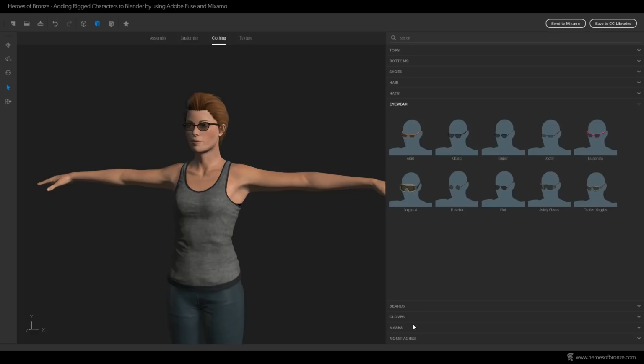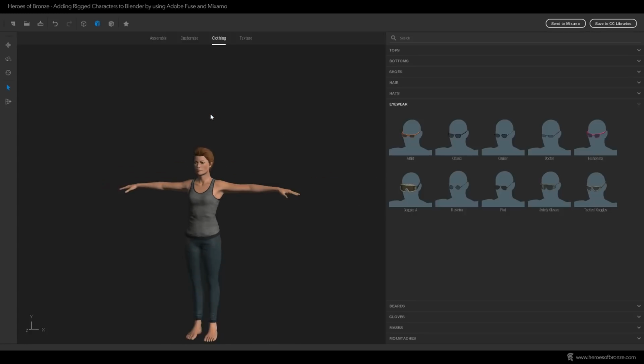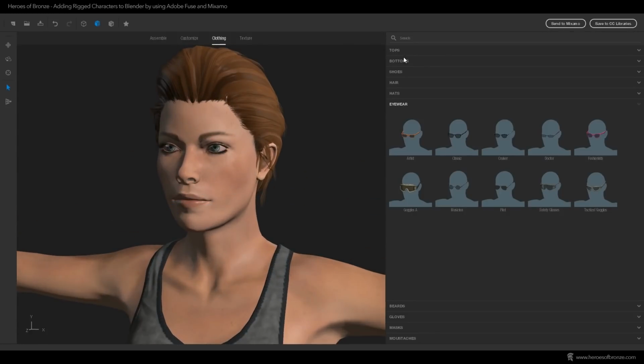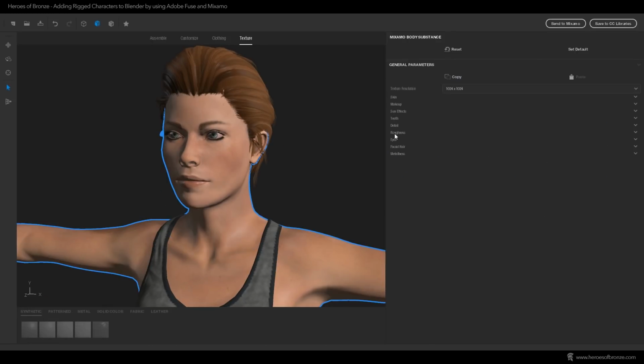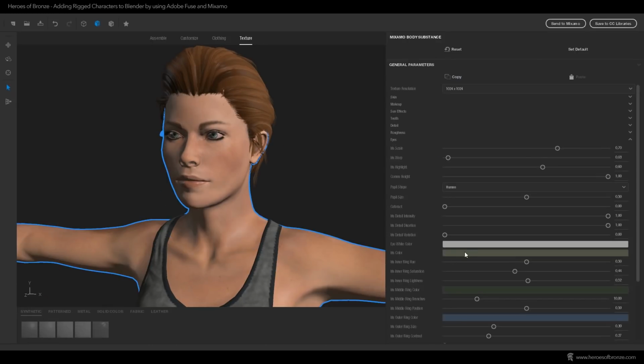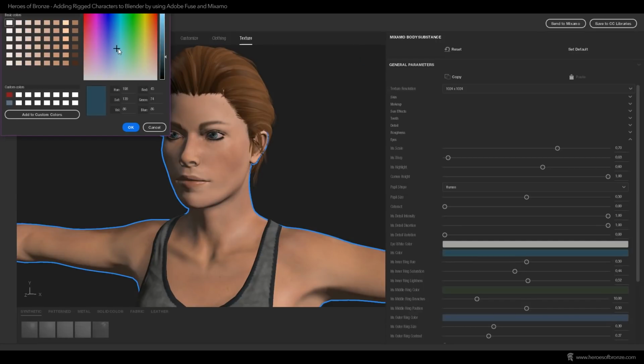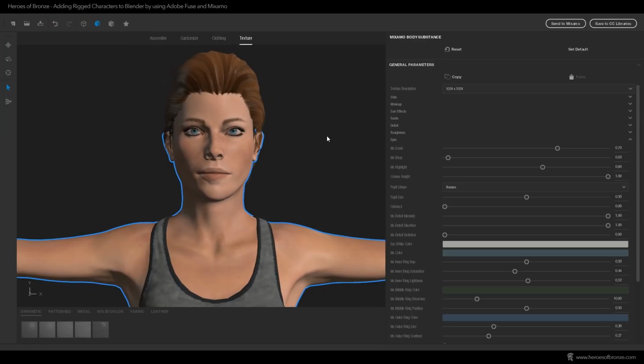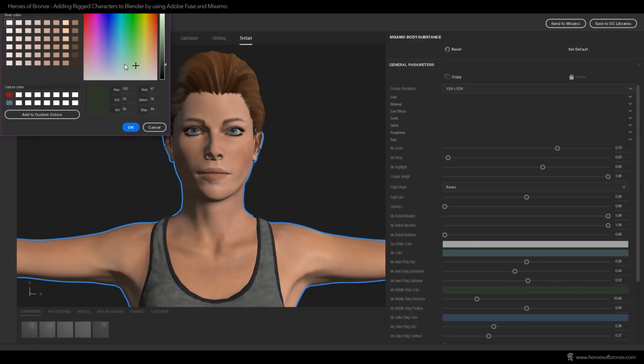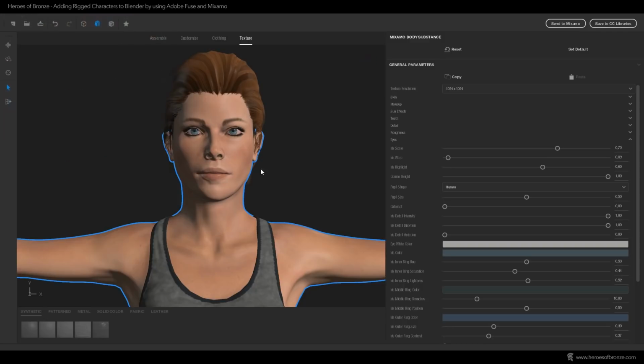One quick side note: if you added some accessory and you want to delete it, just select it and hit delete. The fourth main tab is called Texture, and here you can adjust everything from the resolution of the textures to the different patterns and colors used. And still, all you do is click on the mesh you'd like to change, and immediately on the right, different options appear. Here, for example, you can see me changing the iris color of the lady's eyes.